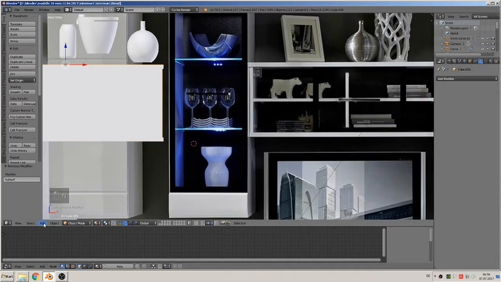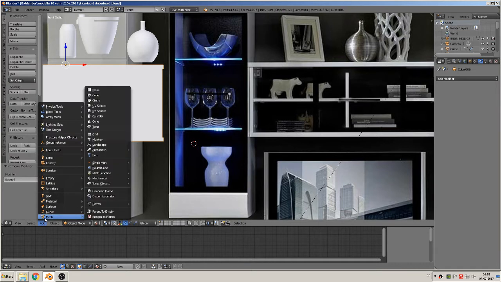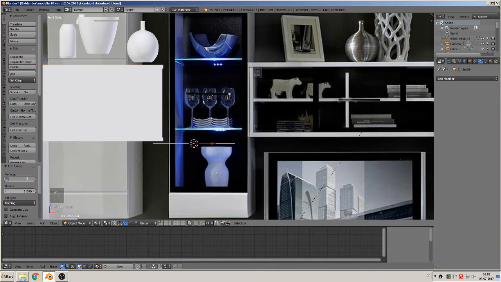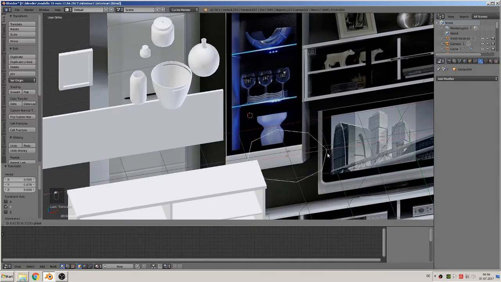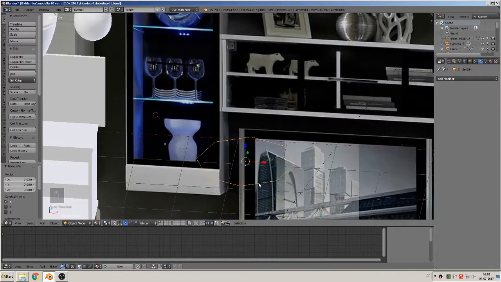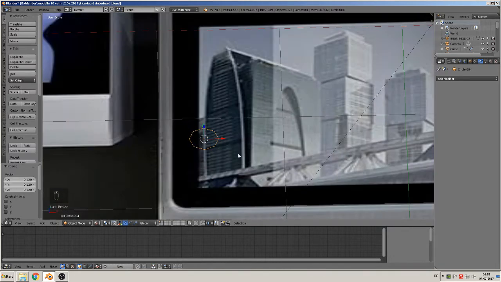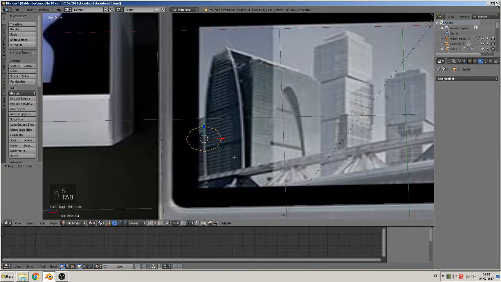So we start at mesh, a circle with only 8 vertices. Then we scale them down. Then edit mode, extrude, scale